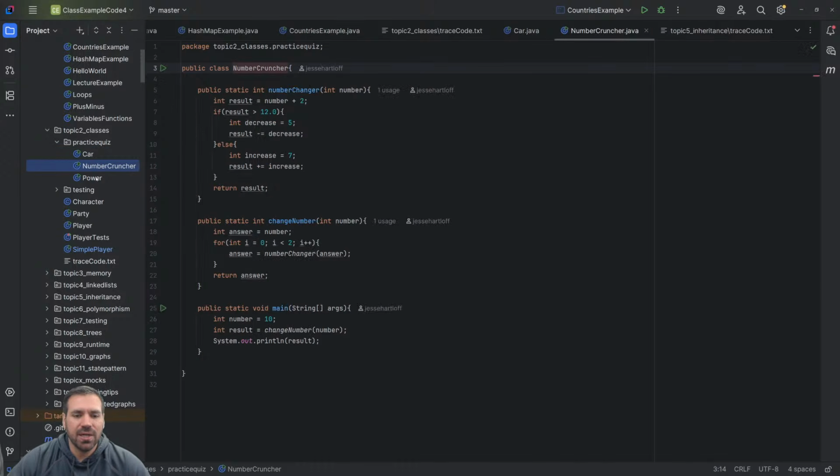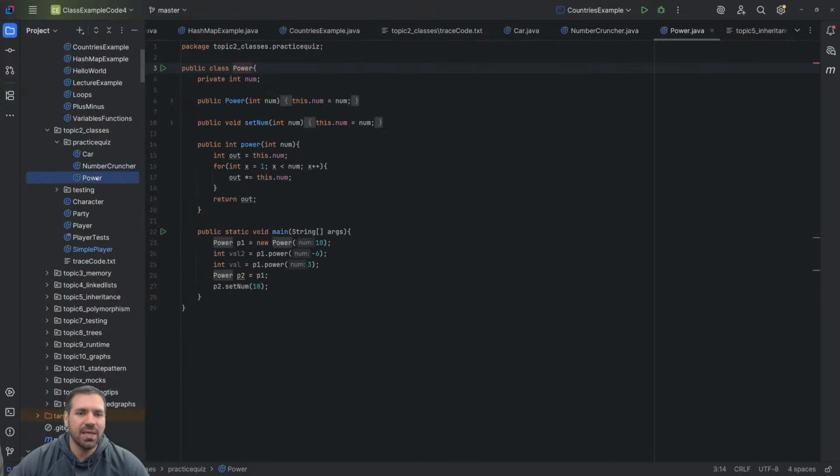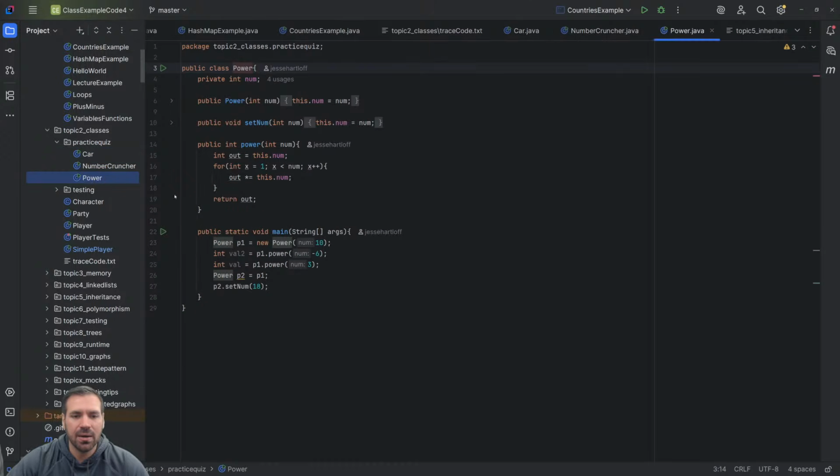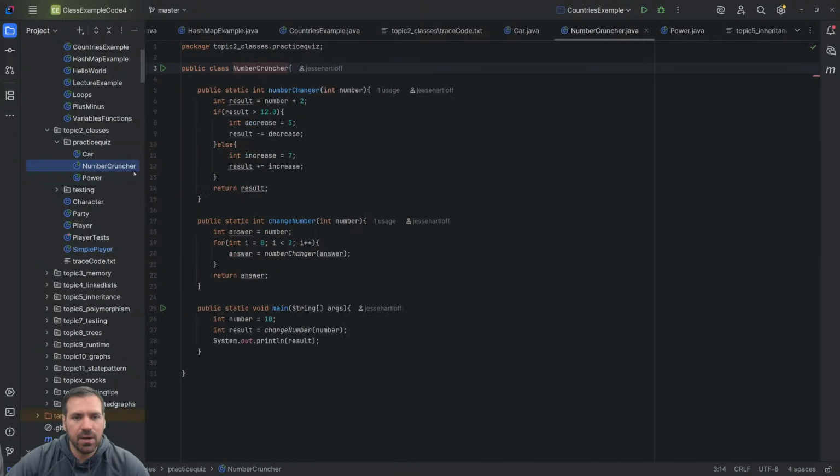So we have these traces. If you do these traces and then come to office hours with the trace that you did, myself and the TAs will be happy to go through them. Or even ask on Piazza if there's actual demand. This is the one most relevant to the traces. These two are more of, no, this one's fine too. Number cruncher, I think, is just static methods. So this is more